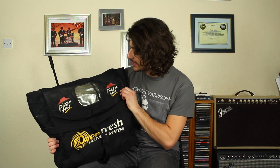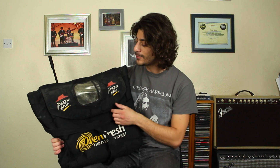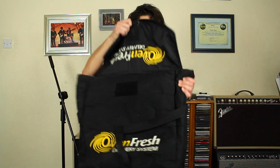So, a Pizza Hut bag. Okay, this was my pedal board bag, and as you can see, it's pretty disgusting looking, actually, because it's been in the corner of a room for about 4 or 5 years, and I just dug it out. But this was on top of my dad's kitchen unit once upon a time on the roof, and he got it down. I thought, oh, that'd be handy, I'll carry my pedal board in it, because I think I was just carrying it around in a bag, like Chandler's guitar bag. I wanted literally a plastic bag. But, so if I open it, inside,